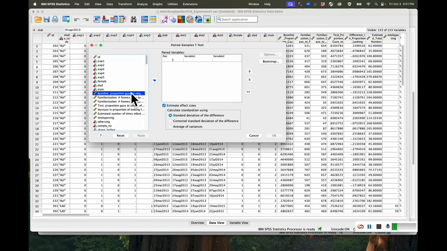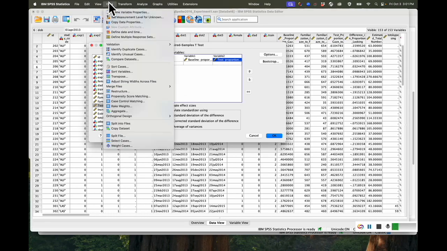We will put the baseline proportion gaze to the singer in variable 1 and the test proportion gaze to the singer as variable 2. Right now, we're only interested in those two comparisons,